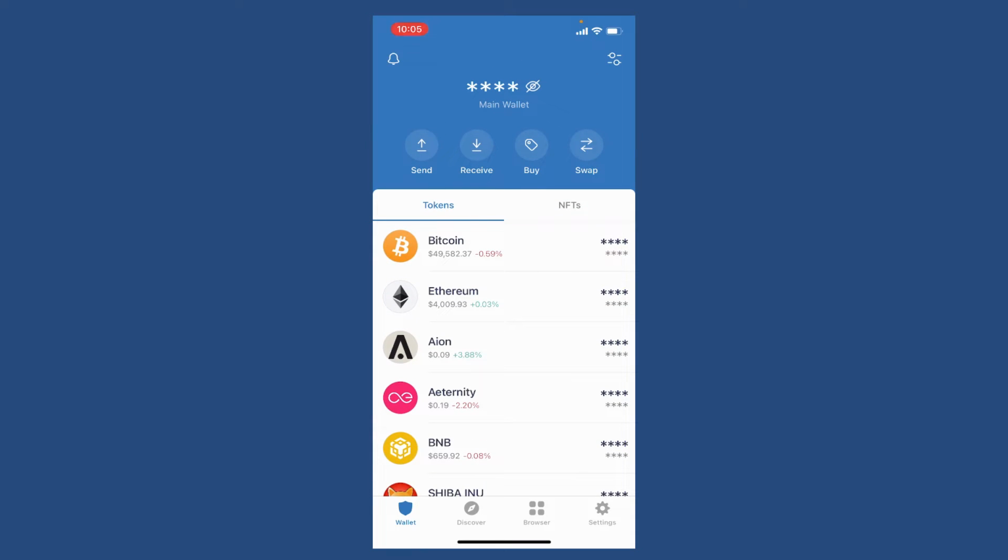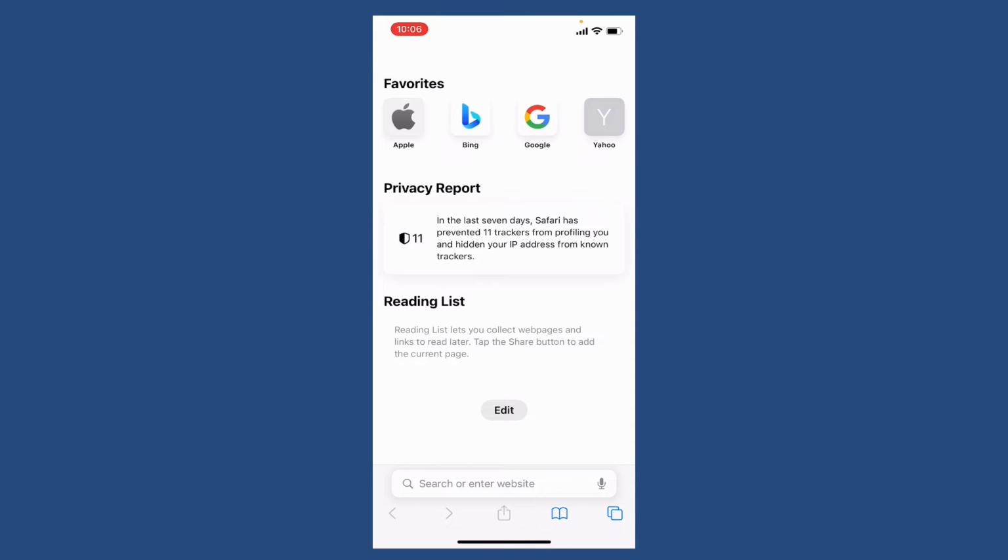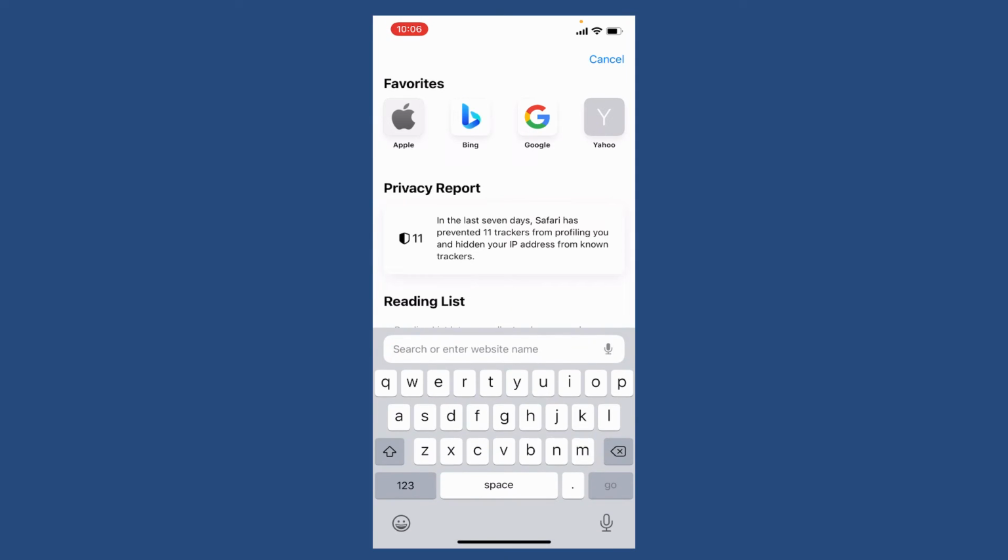If you'd want to manually add a custom token to Trust Wallet, simply go and open up your web browser. The best method to do this is by using the coinmarketcap.com website. You can also do this on CoinGecko, bscscan.com, and etherscan.io, but in today's video I'm going to use coinmarketcap.com. So go to the web address bar at the bottom and type in